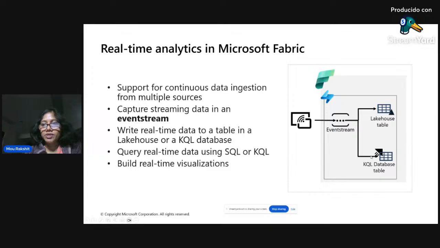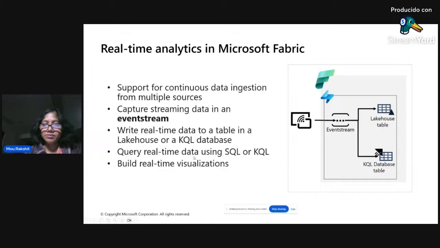So the goal is basically, as the data is getting generated, you ingest it to the event stream, and immediately you would be able to get insight from it, after you store it or while you're processing it, transforming it, and loading it to the KQL database. At that time, you can do whatever you need to do: joins, data type casting, duplicate removal, group by, aggregate tables, etc.